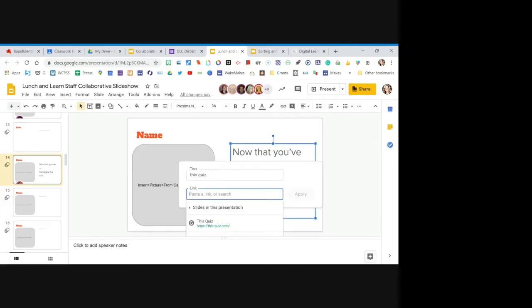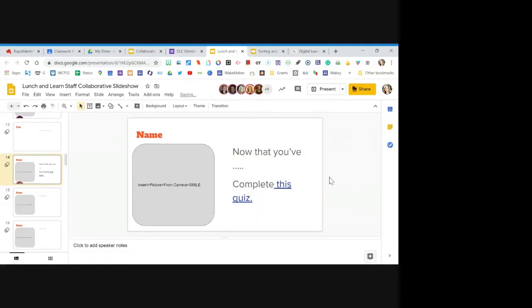And remember, a few moments ago, I clicked that send link and I said copy it. So it's still in my virtual clipboard. It's sort of hidden back there. And so I'm going to right click and paste. And now you can see that URL is there and I'm going to select apply. Once I do that, the text becomes a hyperlink. And so now when my students are on that slide, they can click and it will take them directly to